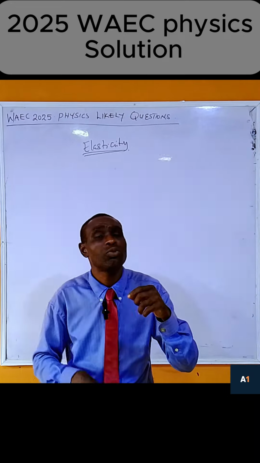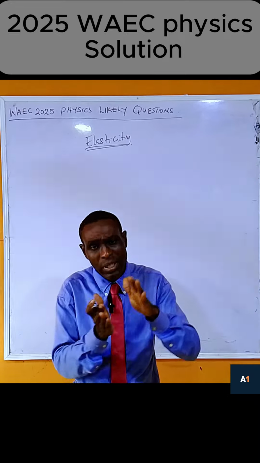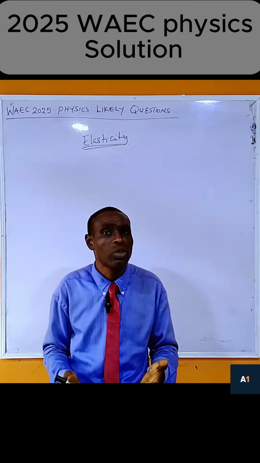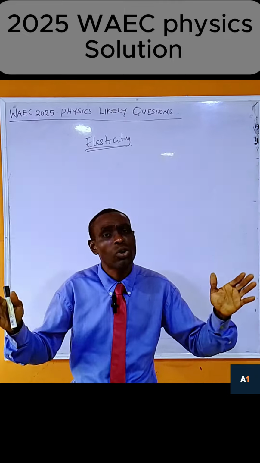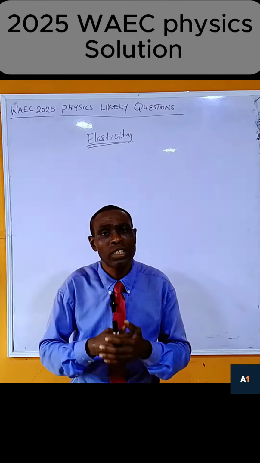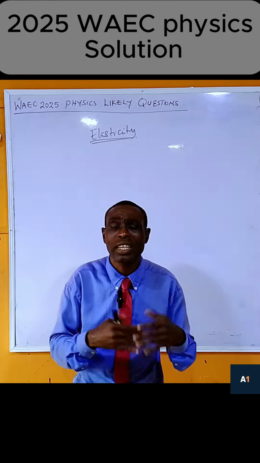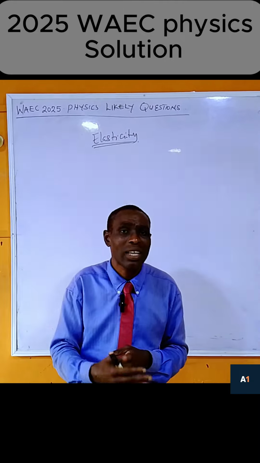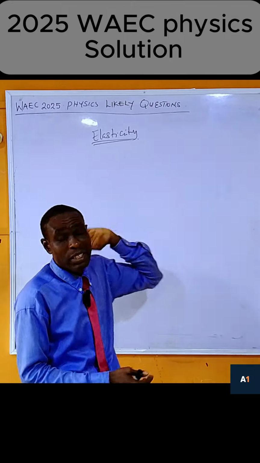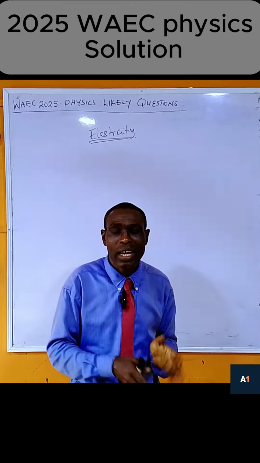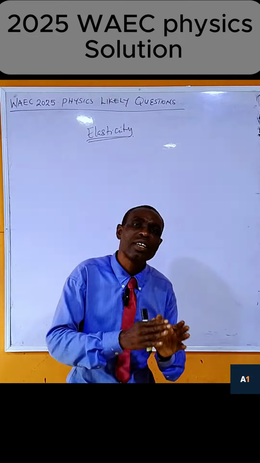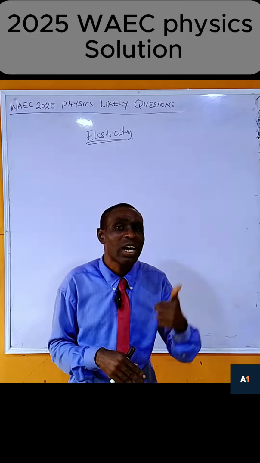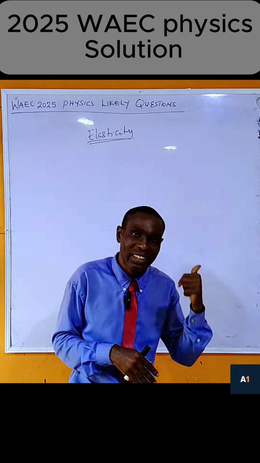When you stretch a spring, it will come back to the original position. When you press it, it will come back to the original position. Likewise, look at the football. When you stretch or compress it, it returns to its original position. Such a material is called elastic. Any material that can be distorted, compressed or stretched and come back to the original state is called elastic material.